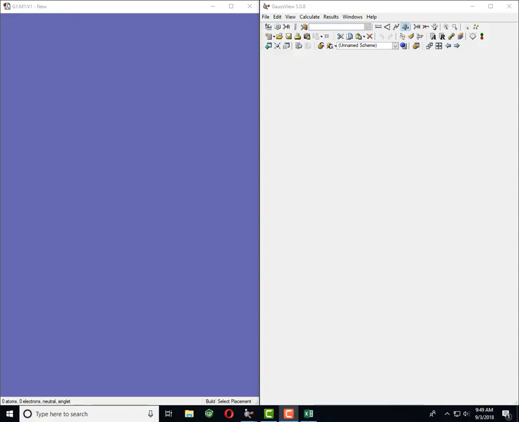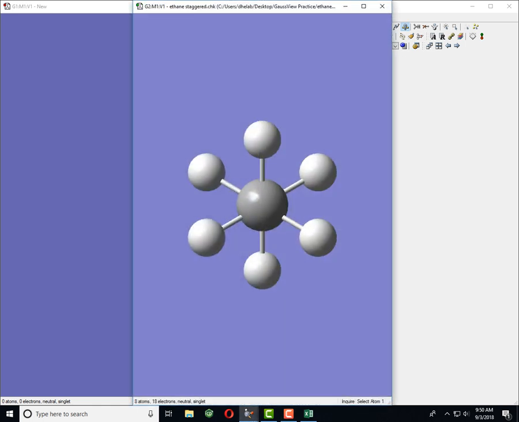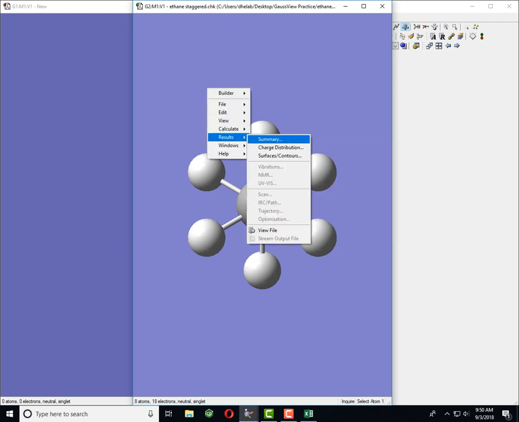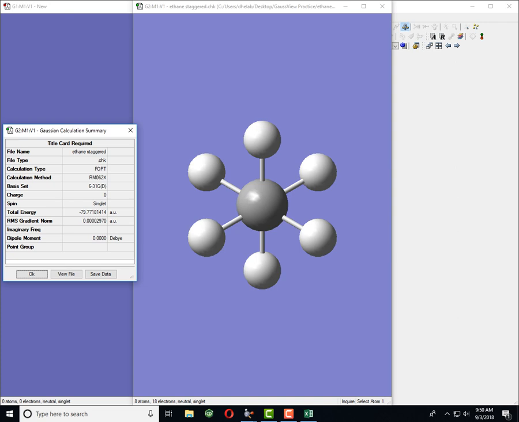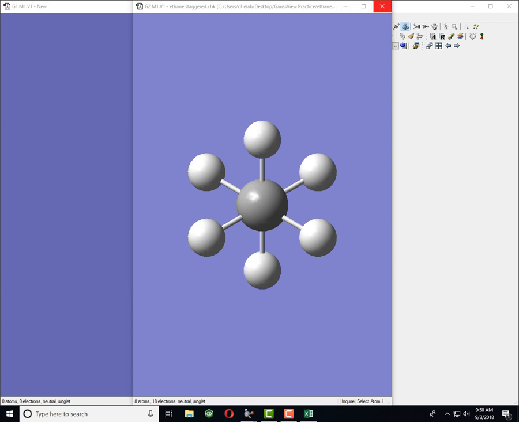Alright, so we're going to do one more example of calculation in Gaussian. For this one, we're going to do bond dissociation energy for ethane. We already calculated ethane earlier, and still have that checkpoint file right here, so we already have that to compare it to. Now we're going to find the energy of